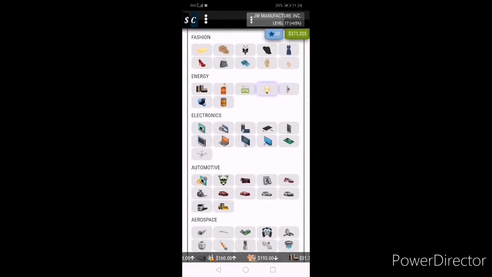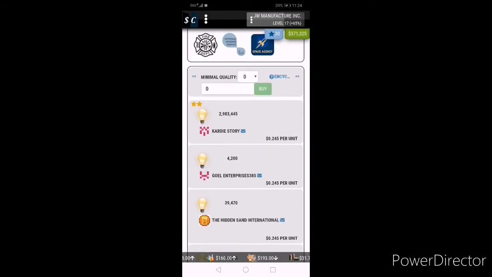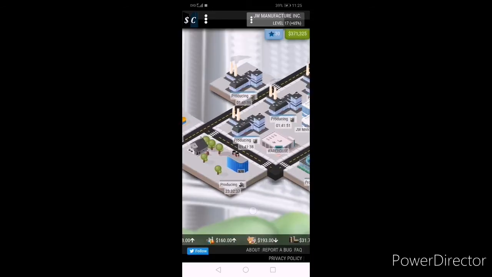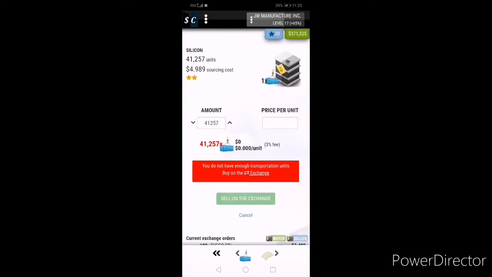And if you want to sell by contract, you can just minus 3% from the price in the exchange here, as when you sell on exchange it will charge you like 3% cost. See, when I sell on exchange, there's a 3% fee here.